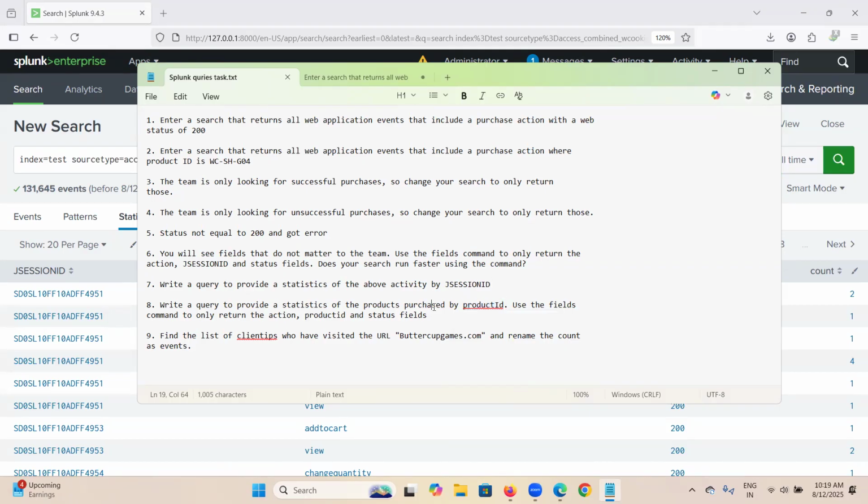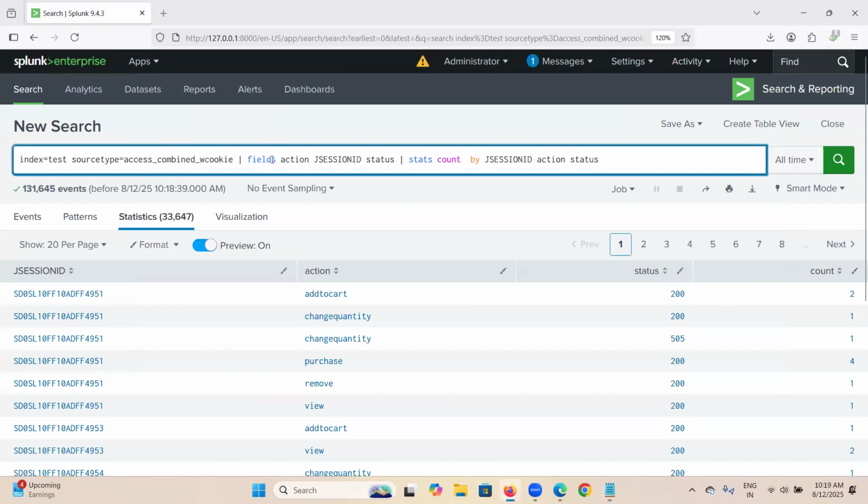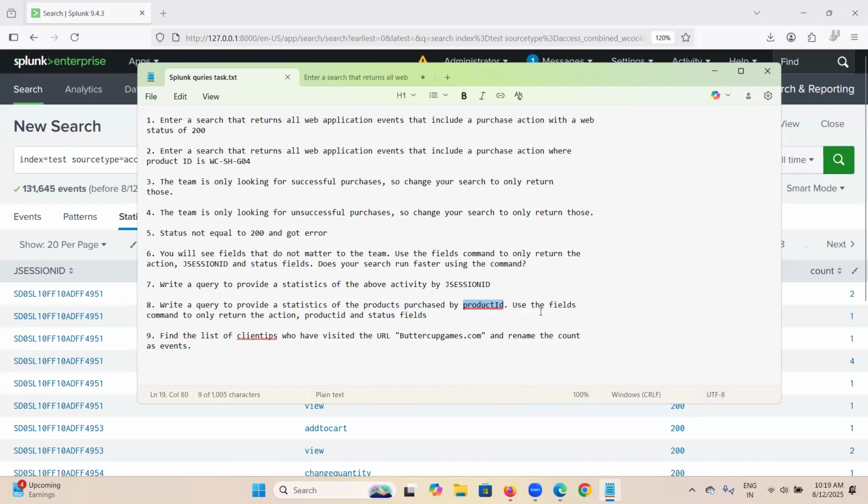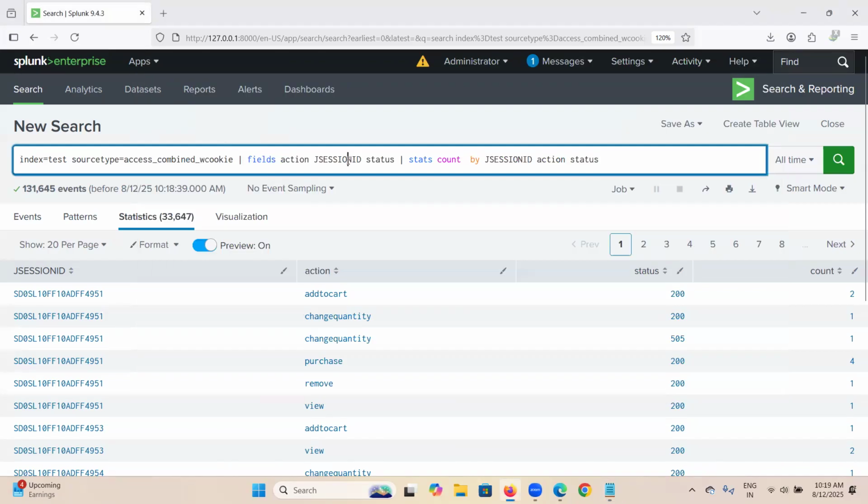Some products have been purchased, and they want to display what product IDs there are. Okay, so let's use the fields command only to return action and product ID. Instead of J session ID, they are using the product ID. So let's add the product ID here